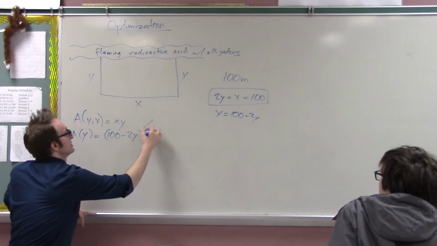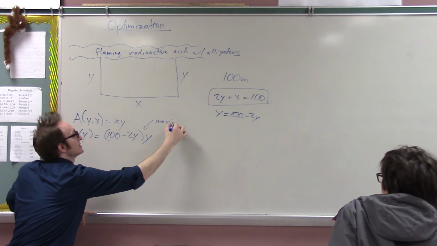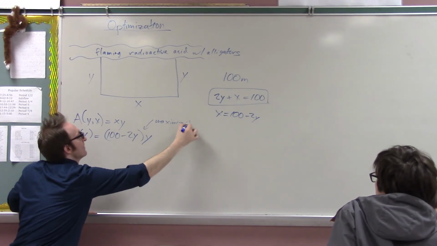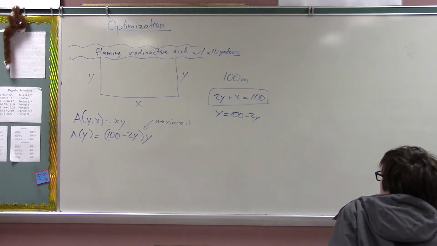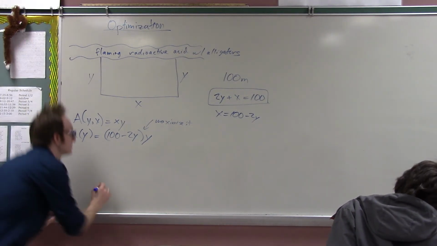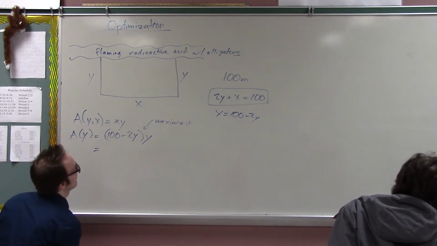Okay, that's one thing I could do. But more generally, I want to just maximize it, right? Because the problem was to find the dimensions which make the area as big as possible. So if I want to make the area as big as possible, I just create the area function and then I maximize that function. As it turns out, I don't even need calculus to do this problem because